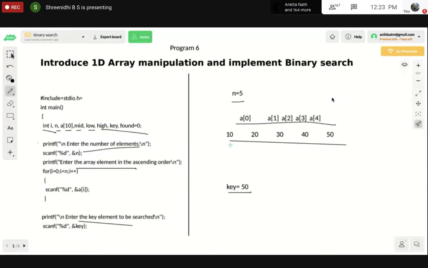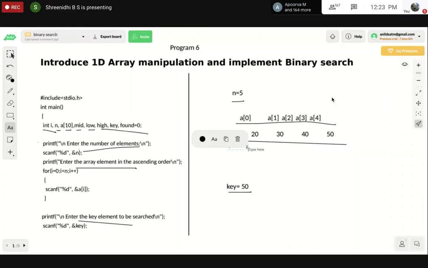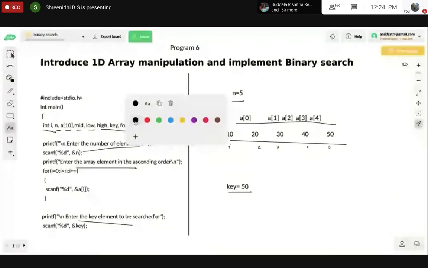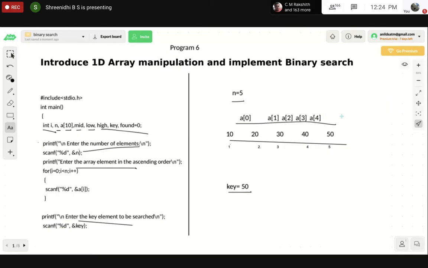One, two, three, four, five. This is the index and this will be a position. So whenever I enter 50, it should print item found in the position 5.